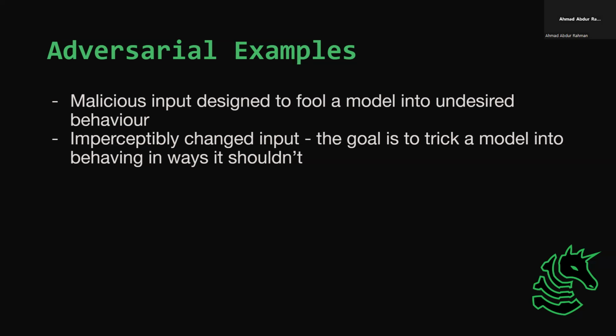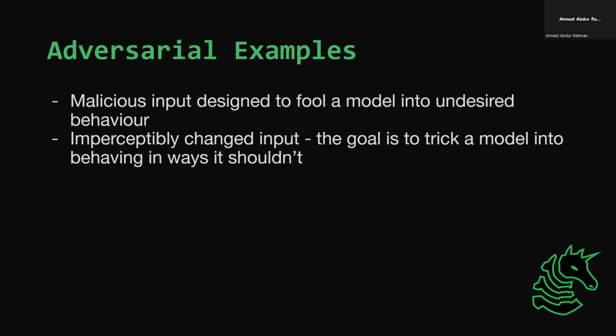Can someone fool the malware detector into accepting your malware as not malware, right? Or a traffic sign classifier. If someone somehow had access to it on live systems, or they changed the sign imperceptibly, could your stop sign now look like a 45-mile-per-hour speed limit sign? That's bad. So that's one of the many reasons why this is a more well-researched area